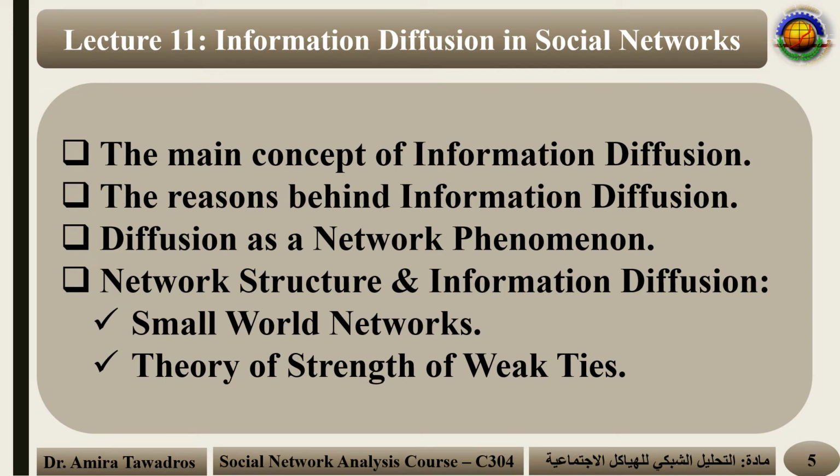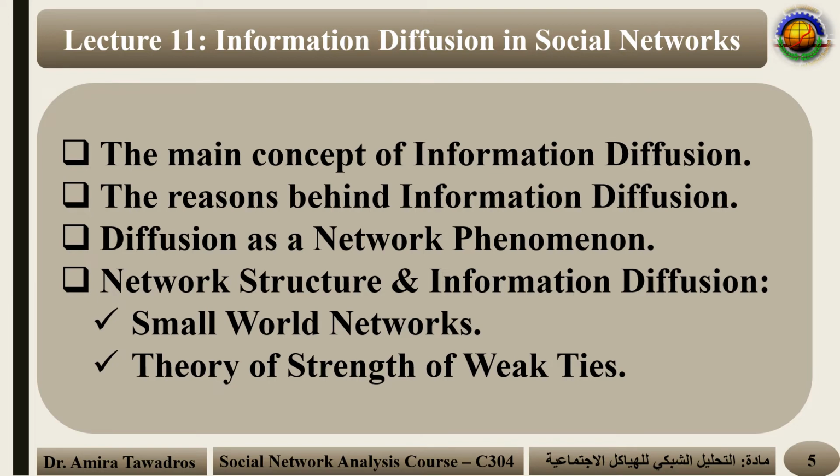This lecture will cover four main topics. The first topic is the main concept of information diffusion. We will understand what we mean by information diffusion in social networks and in real social networks, which is in society. And then we will move to the second topic, which is the reasons behind this information diffusion, why information diffuses. And then we will move to the third topic,